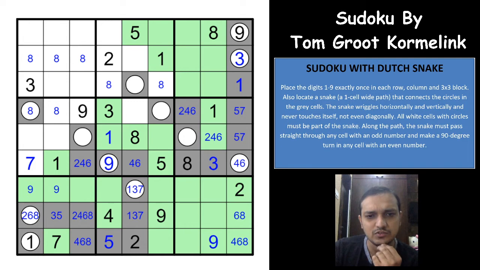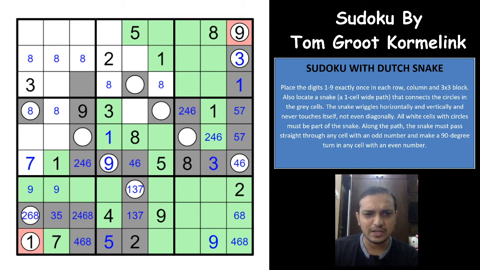So anything else you are getting here? So I get a very good logic here. This cannot be a snake cell, because if this is a snake cell, because of the 9 here, this would have to go straight, and this becomes a snake cell now. Now the thing is that this is not an endpoint, so we had endpoints here, so I'll just mark that here with the other color. I forgot to do that here.